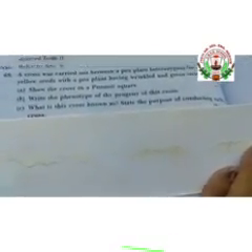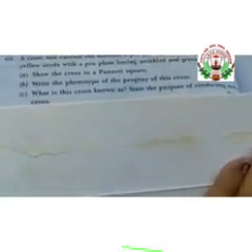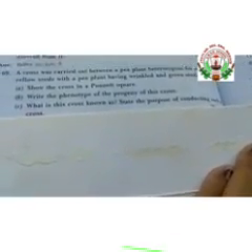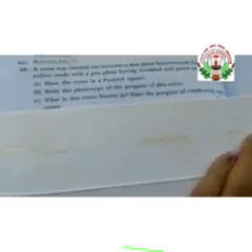Question, you have to read carefully. Show the cross in a Punnett square, that is the first part. Second part is write the phenotype of the progeny of this cross. And what is this cross known as? State the purpose of conducting such a cross. So each part you have to answer, and you have to see that you have correctly understood the question first. Pause the video and try to do by yourself.